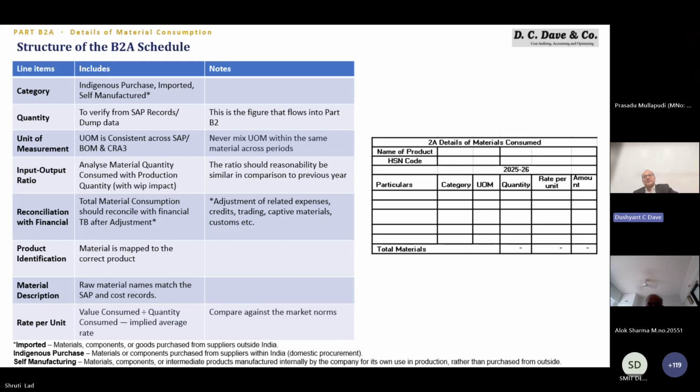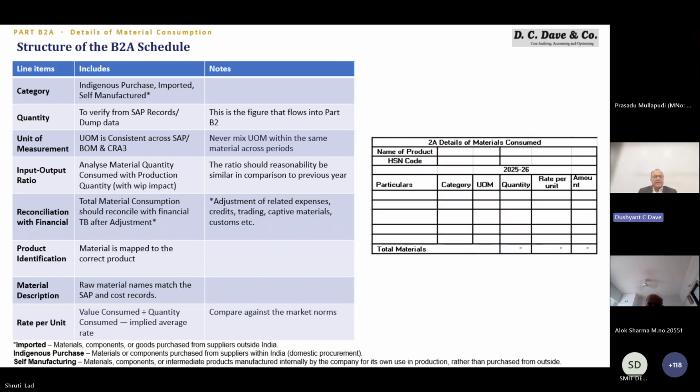B2A is a material. Why did we take it first? Because it is 70 to 80% of the cost. We talked about its stocks, quantity, tally, how you pick it up, source of data, and so forth, and input-output ratio. So now that we understand this structure, the next session we will be focusing on classification,